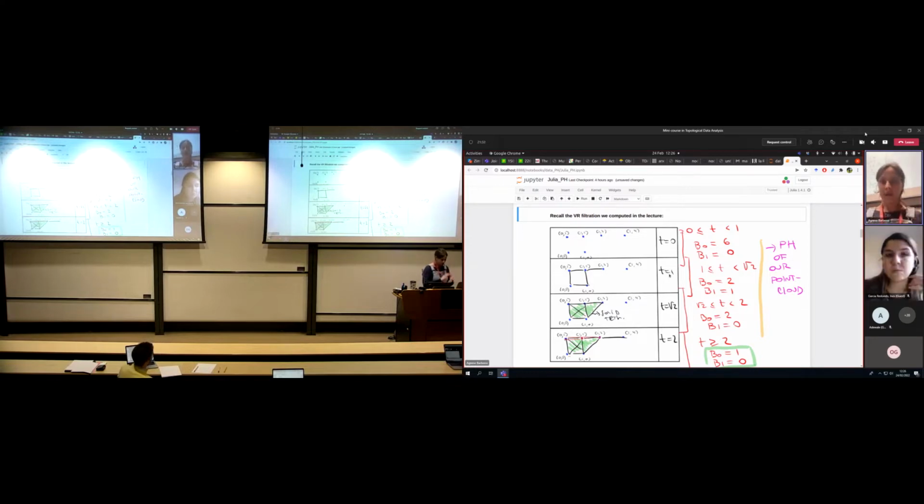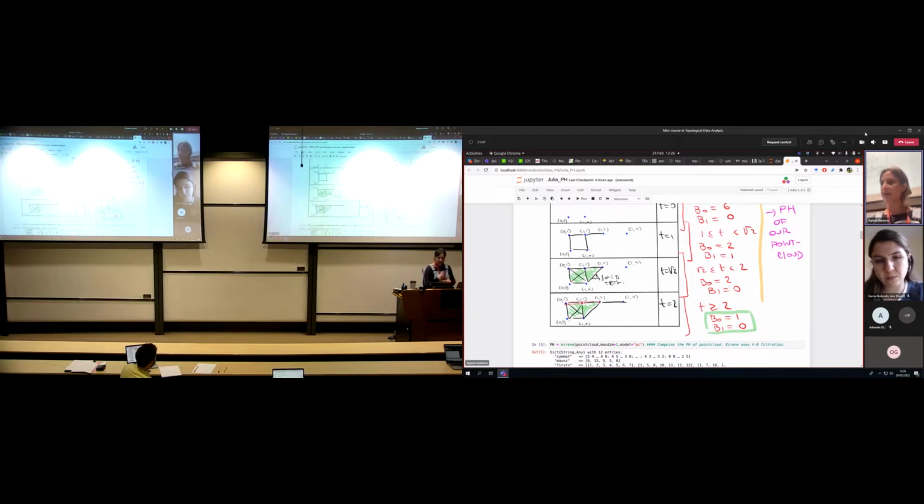So our first homology H1 at this point had dimension 1, our Betti number was 1, we had a unique loop in the simplicial complex. Then nothing happens until t equals square root of 2. At this point we are adding a bunch of new one-simplices and new two-simplices. And what we are doing is basically closing this loop without creating any two-dimensional hole, because any void,